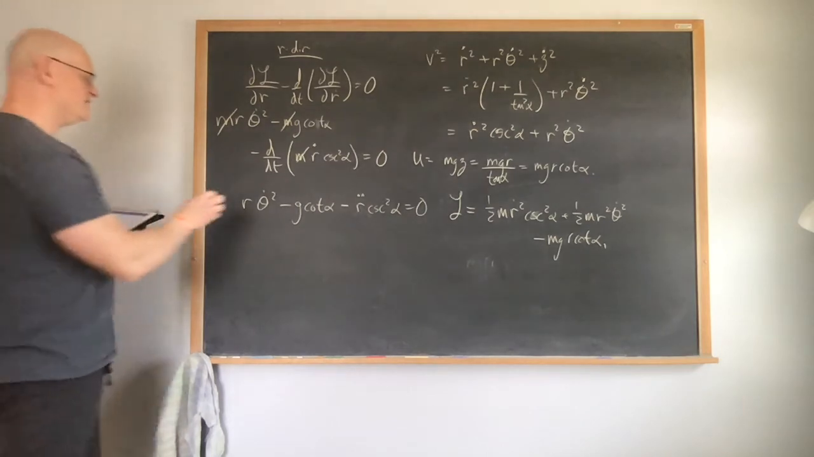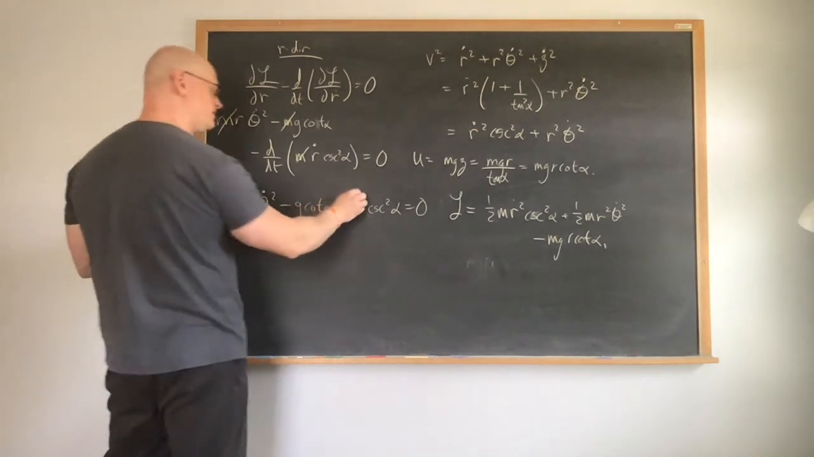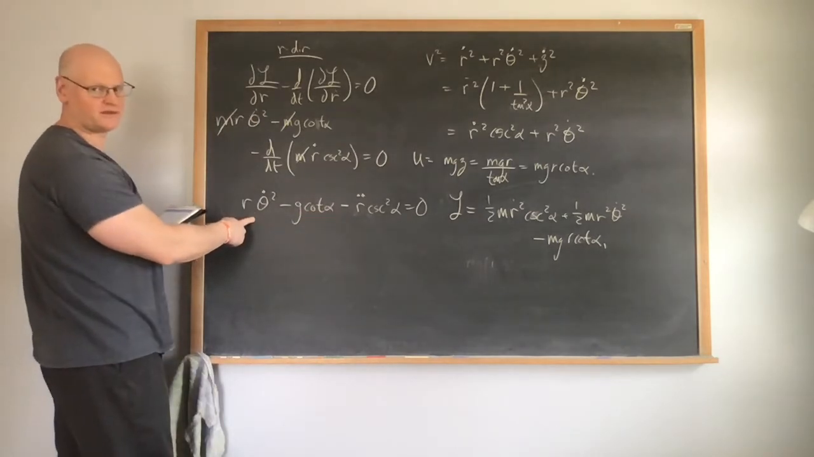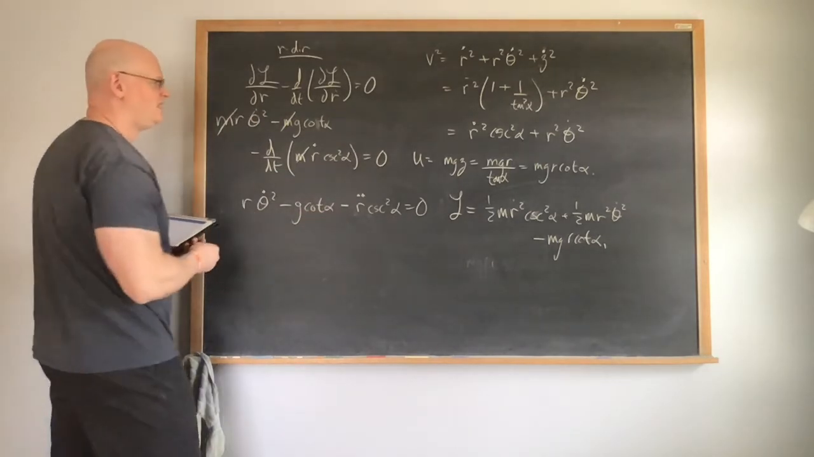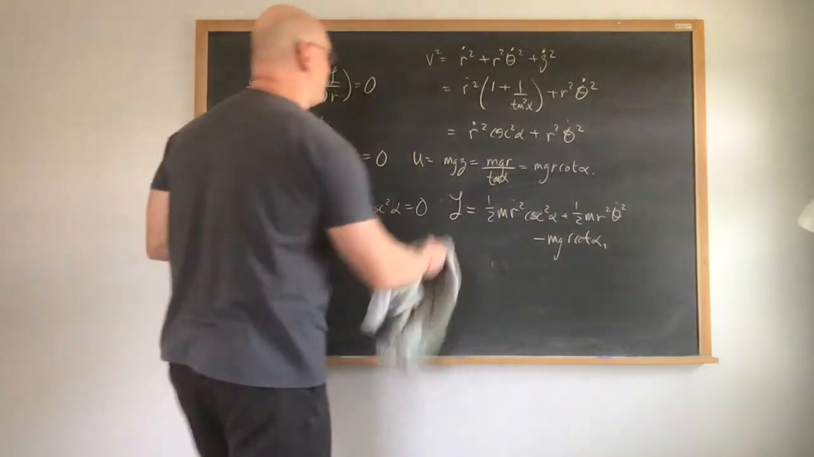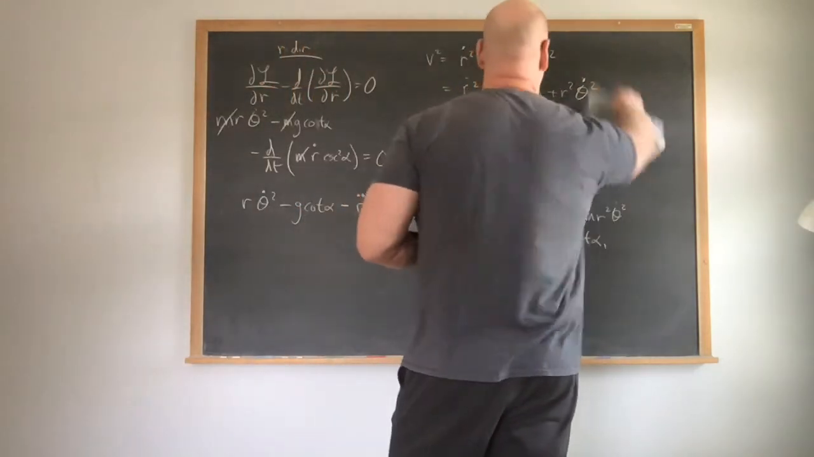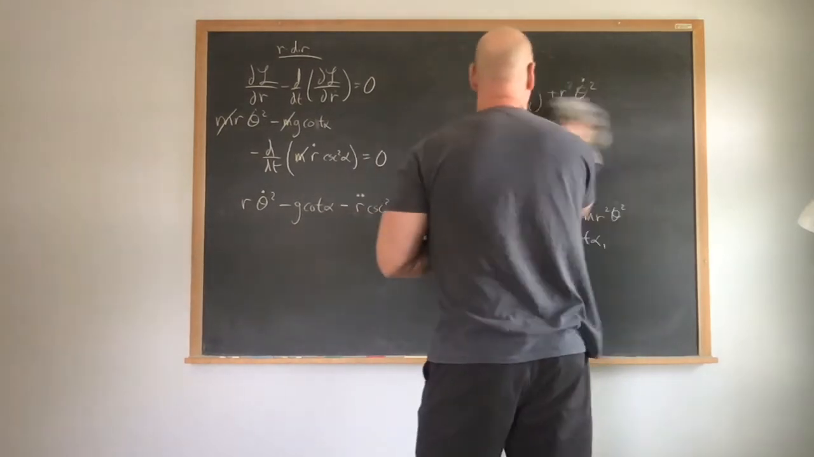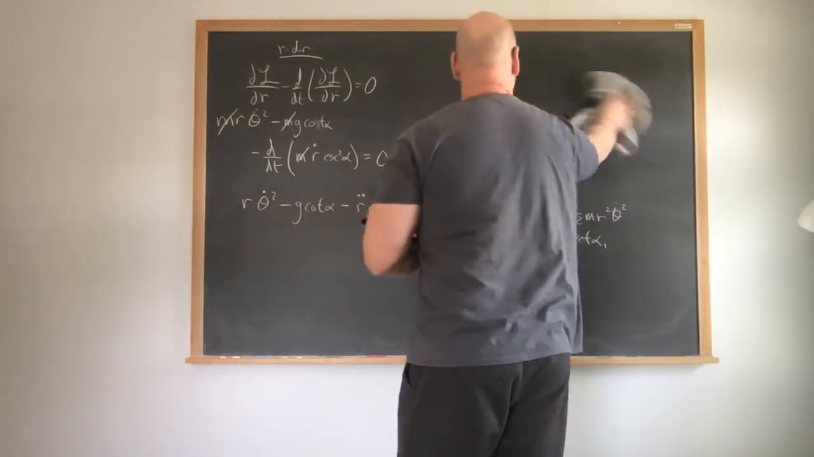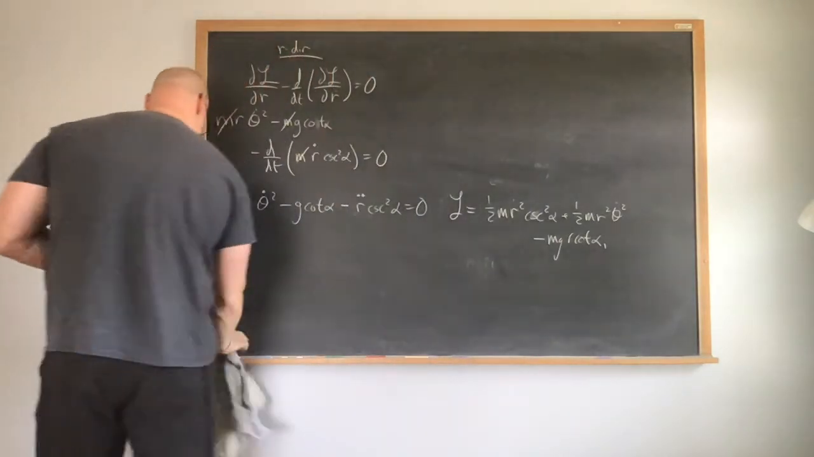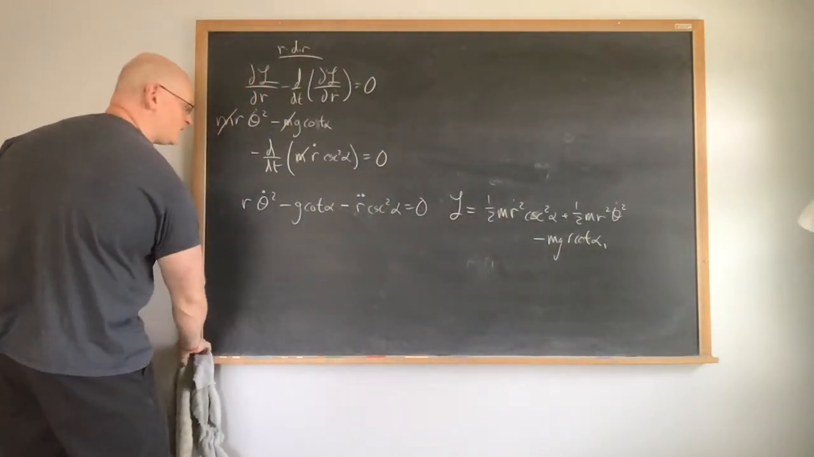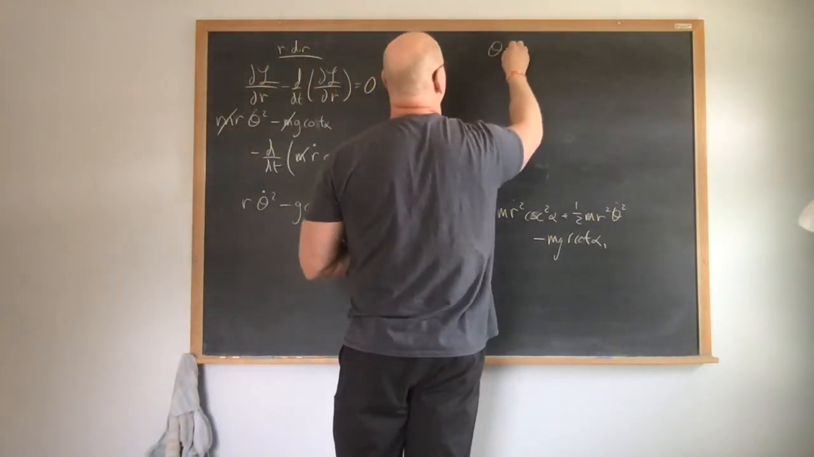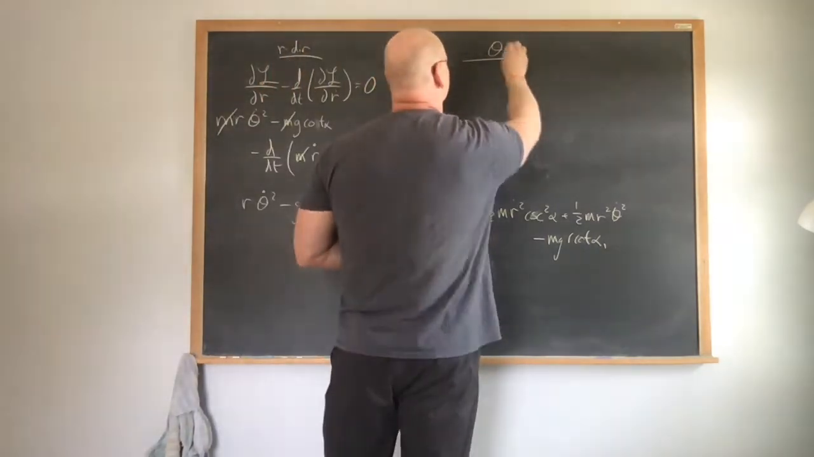Good. Now again, this is a coupled equation just like before. So now the solution for r double dot depends on the solution for theta dot. Good. So now let's look at the theta equation. First thing to notice is, for the theta equation, or theta direction,